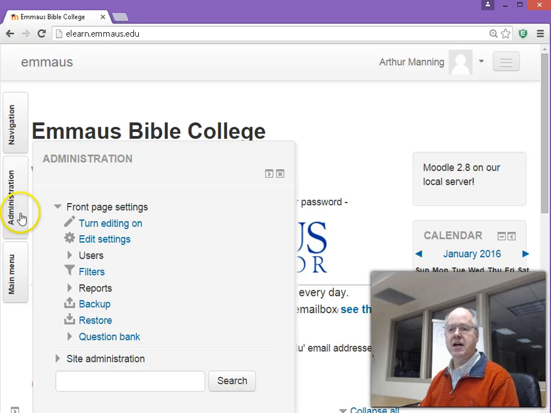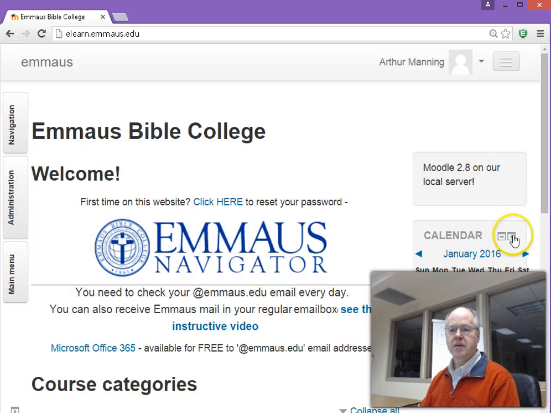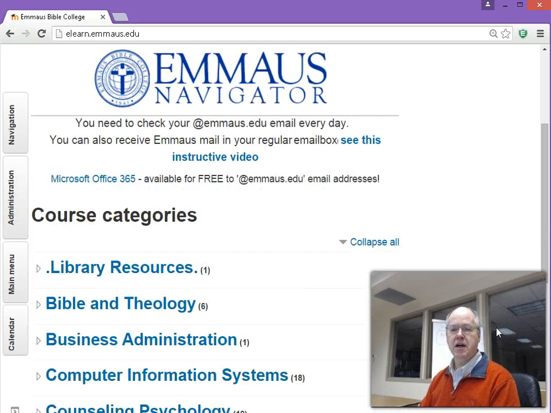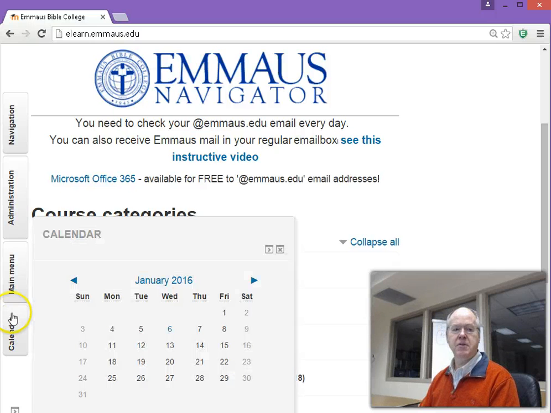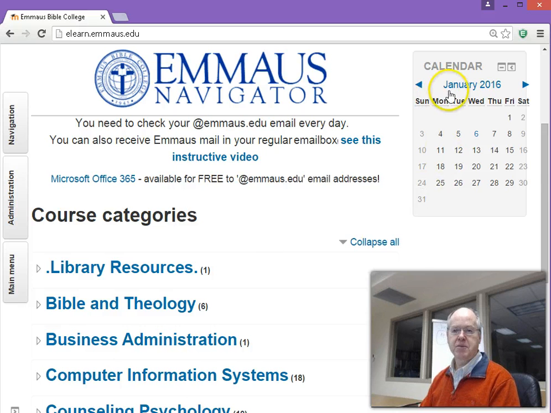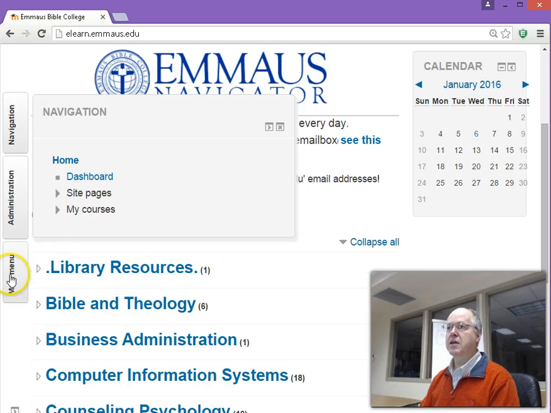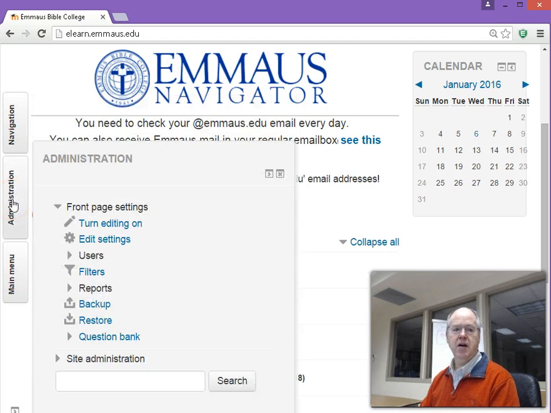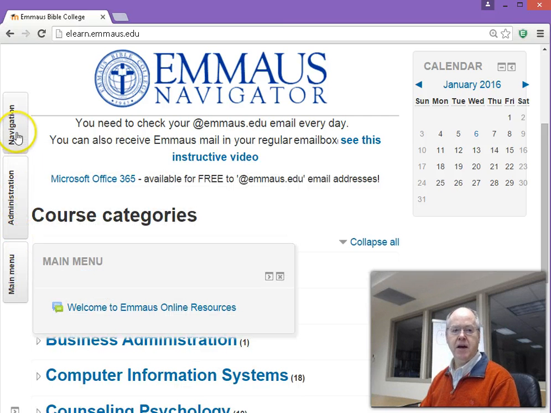So I like to dock all the blocks just to give me more space on the page. If you don't like them docked, you can click them and click the little arrow to the right, and it pops it out. So when I view the page, all my little blocks on that left are hidden, and when I hover over them, I'll see all the settings in there. The navigation one,